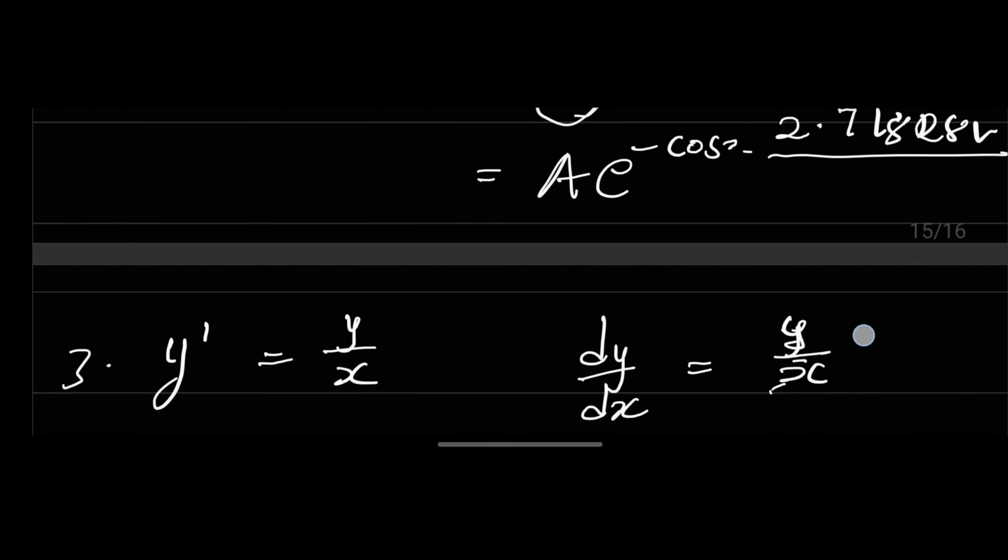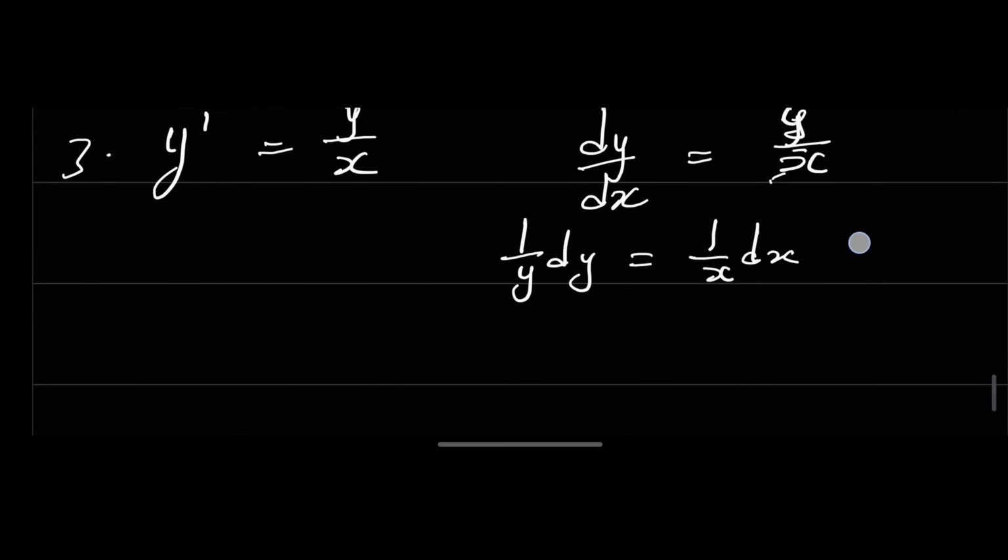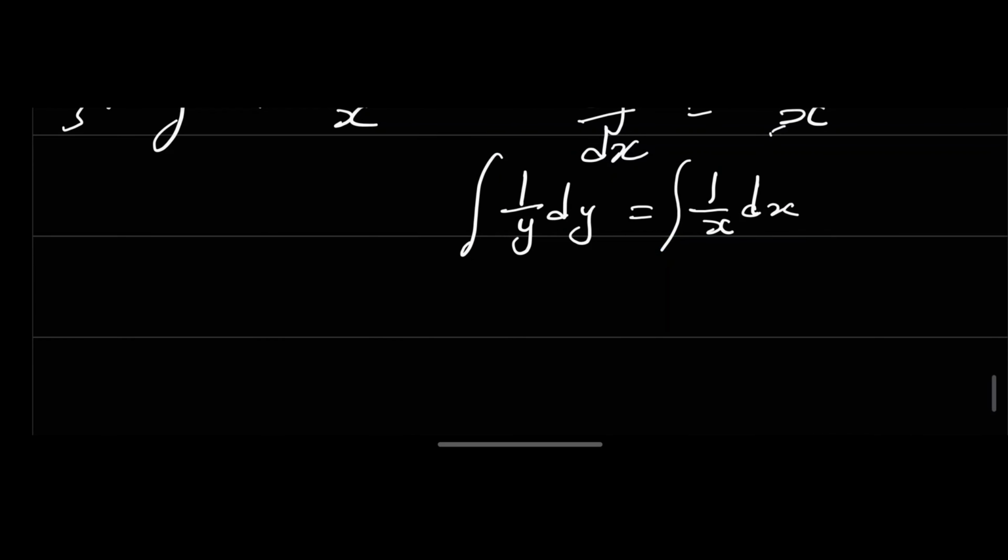Well, I just looked it up. The next question says y prime is equal to y over x. Okay, well, let's not waste time on this one. We know that this means dy dx is equal to y over x. Okay, now we can then do the cross multiplication and division, and we end up getting 1 over y dy is equal to 1 over x dx. Okay, we can integrate both sides, and we'll end up getting natural log of y plus a constant. But I told you the same process, but we'll just add this to the right side, and natural log of x